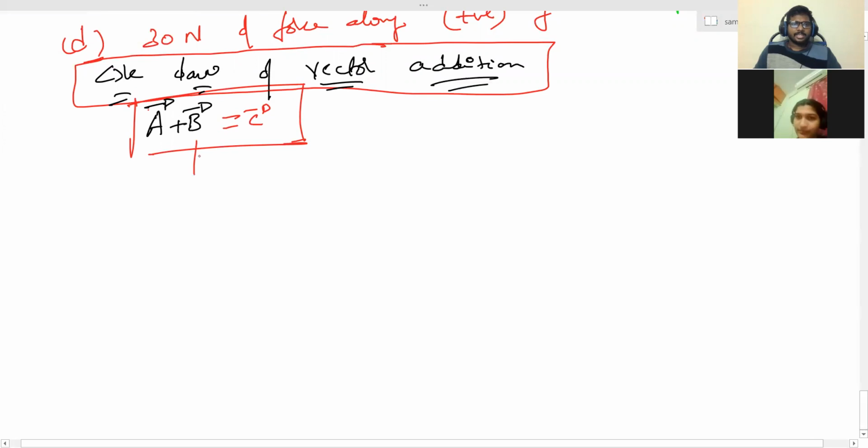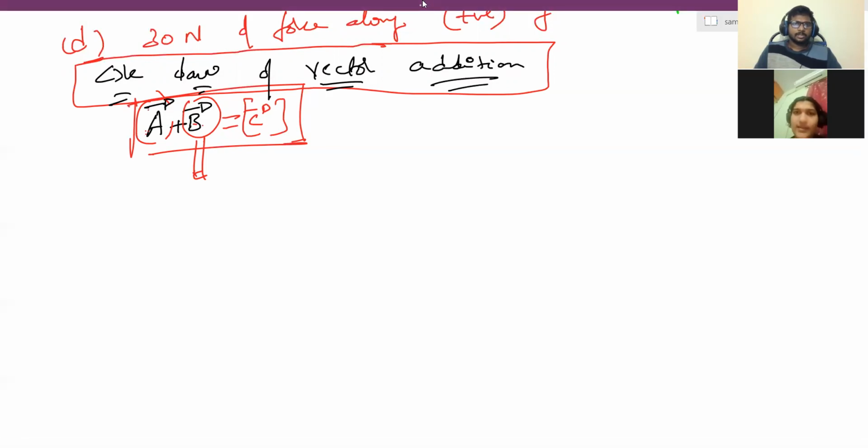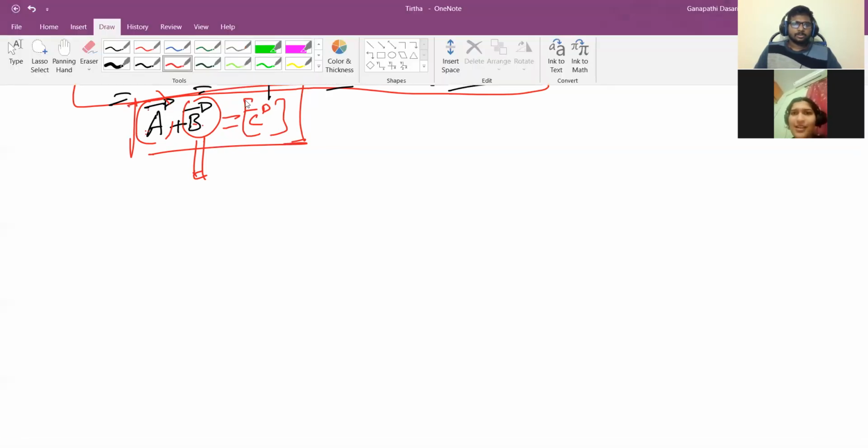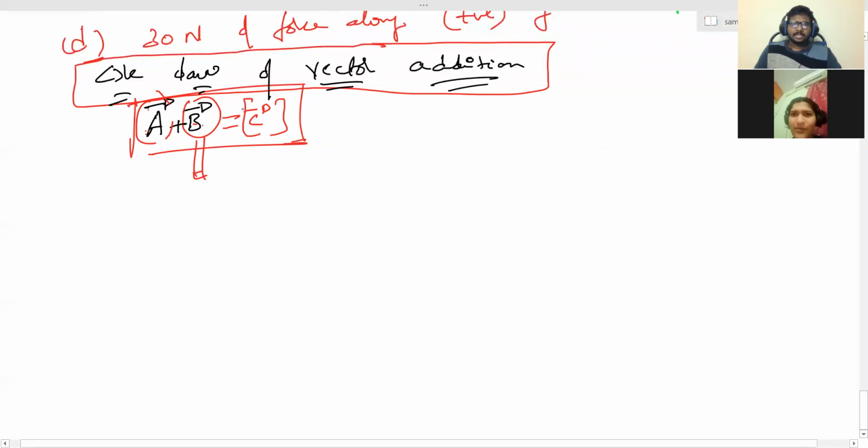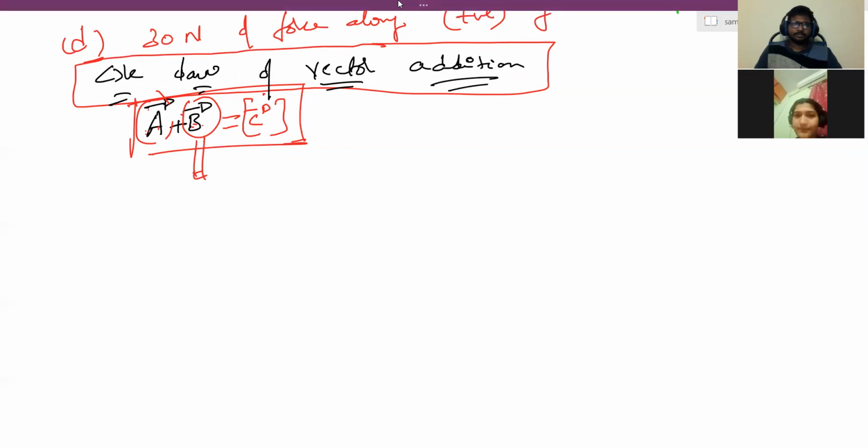Triangle means 3, right? Here also I'm writing 3. A vector is one vector, and B vector is another vector. If you add 2 vectors, another C vector is coming. Now, can the units be same or different for vectors to be added? It has to be same, because A vector, B vector, C vector should be similar vectors. Force vector or acceleration vector. You cannot add one vector with another kind of vector.